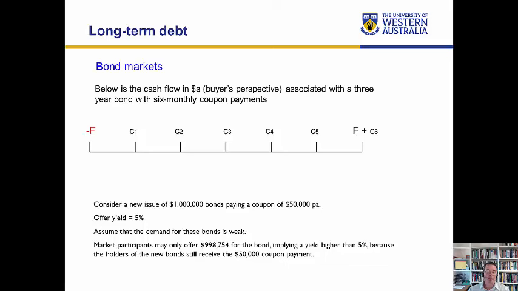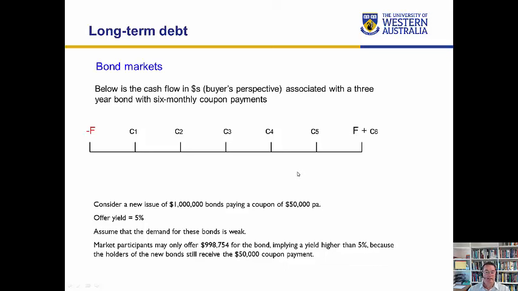You can't sell a bond as a discount security because no one is going to wait 5 or 7 years to get their return. It's just too long to wait. So these are not discount securities. A bond typically sells at its face value,